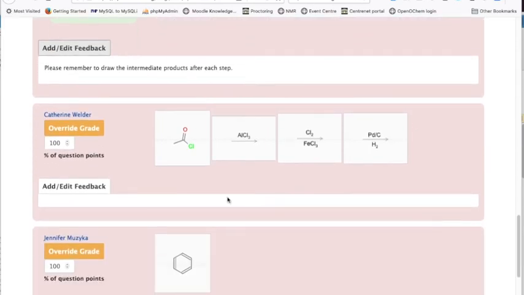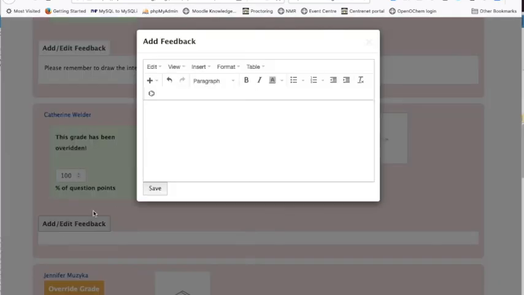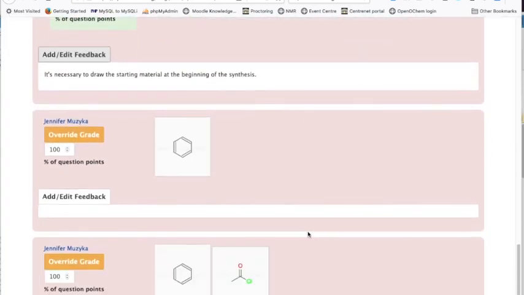And this time she got it wrong because it's necessary to draw the starting material at the beginning of the synthesis. Okay,